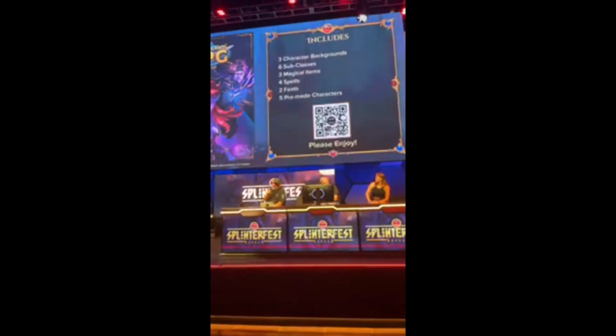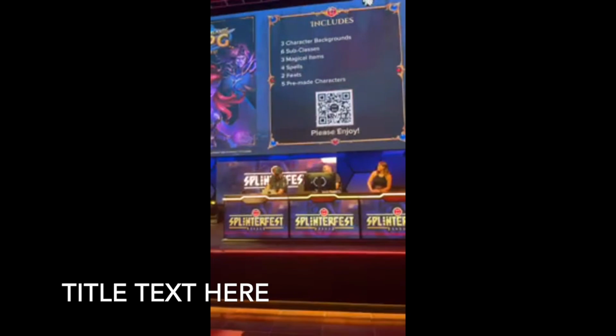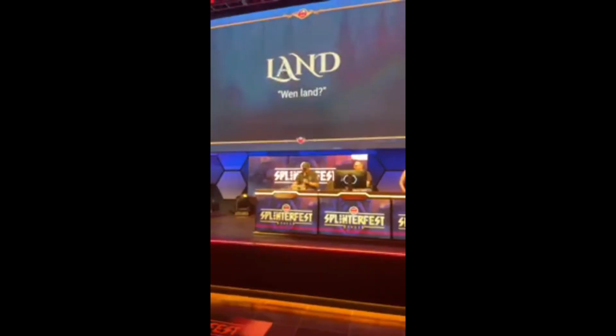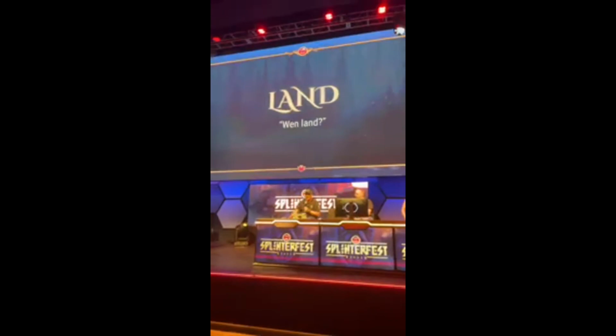So let's talk land. You guys want to hear about land? You want to talk about land? You want to maybe see some land? Yes. All right, so we have been trying to figure out how to do the user experience for land phase